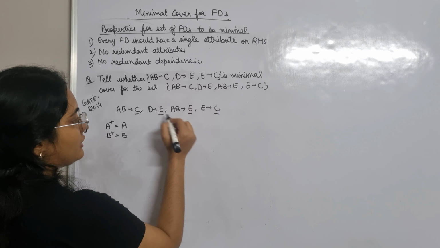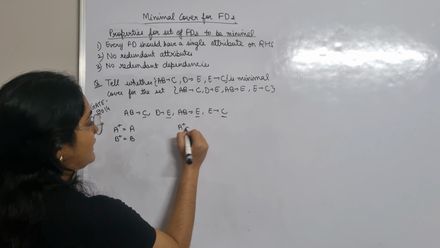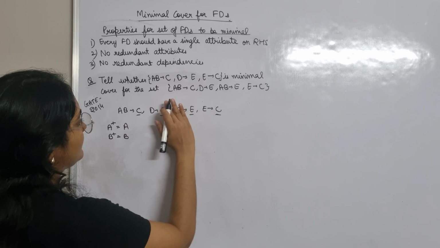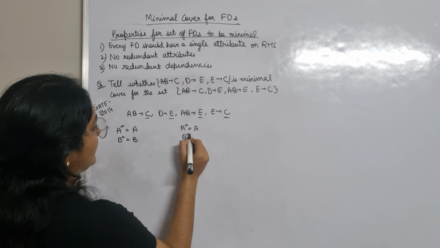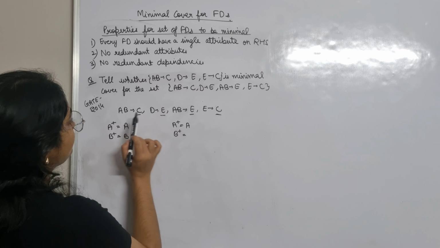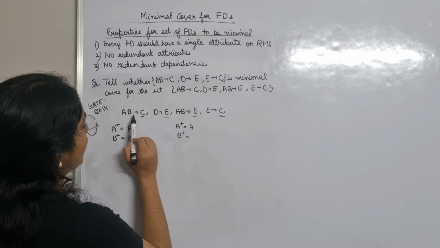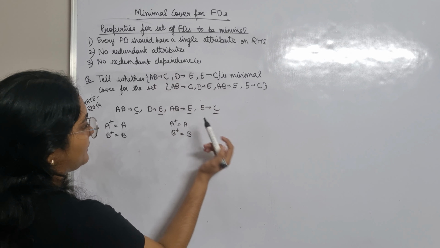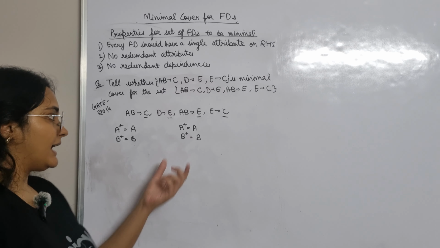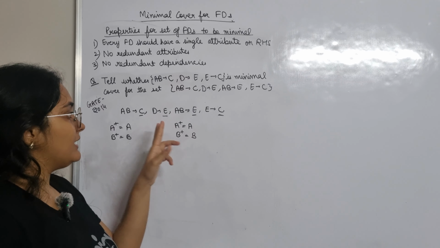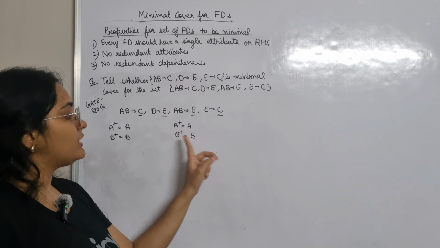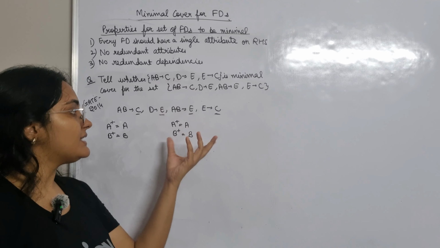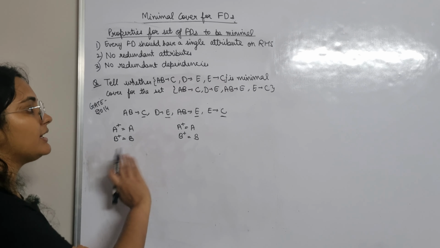Now let's see for this other functional dependency. Calculate A plus. A plus can determine A. Anything else? No. What can B determine? A we don't have, D we don't have. A can only determine A and B can only determine D. If A could determine B also or B could determine A also, then we could have reduced it, and one of these attributes would have been redundant. But since that is not the case, there are no redundant attributes there.